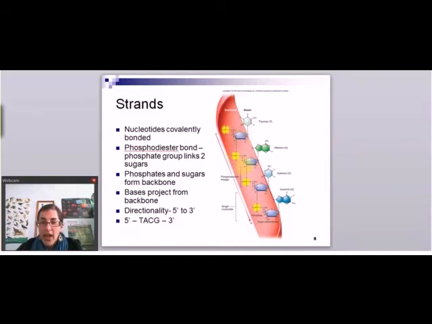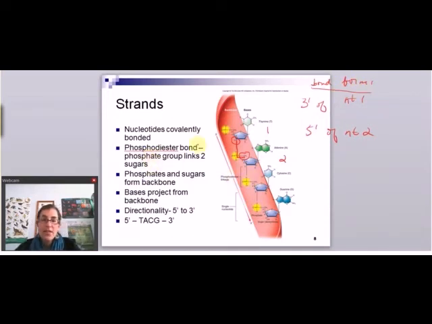So if I look at this strand of DNA here, this is a 5' carbon here, and this is a 3' carbon. So the bond between nucleotide 1 and nucleotide 2 is between the 3' carbon of the first nucleotide and the 5' carbon of the second nucleotide. So the 3' carbon of one nucleotide and the 5' of the second nucleotide. That's where the bond forms. Remember, that's called a phosphodiester bond.